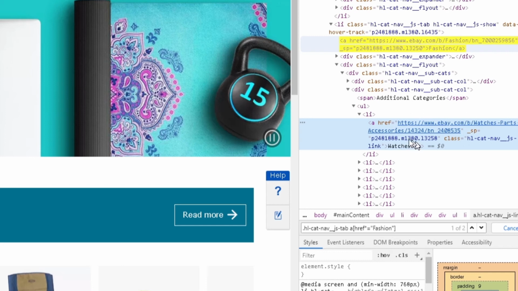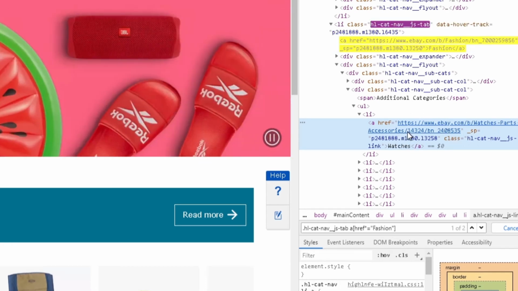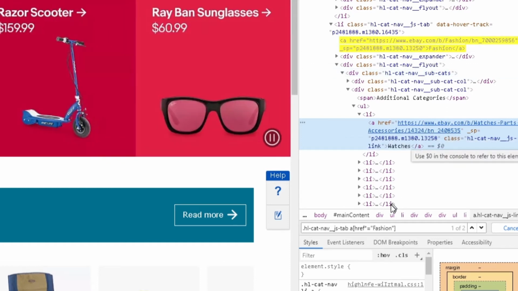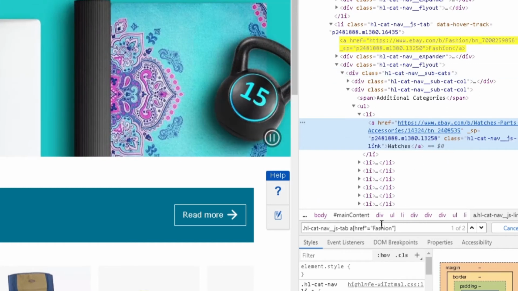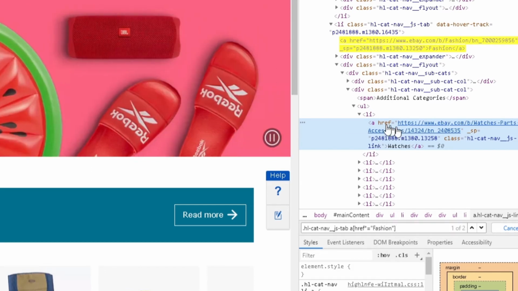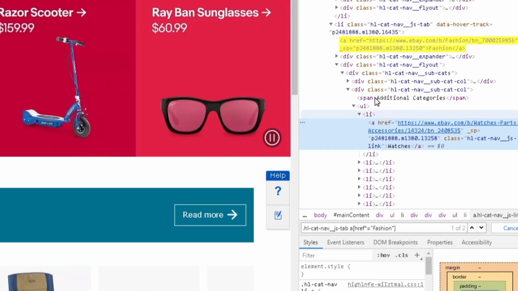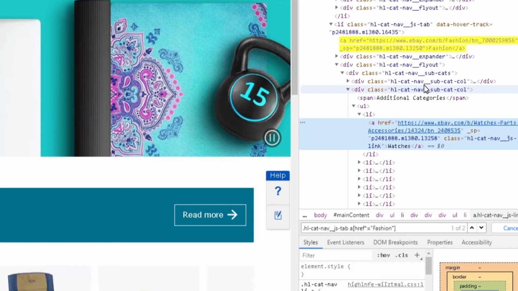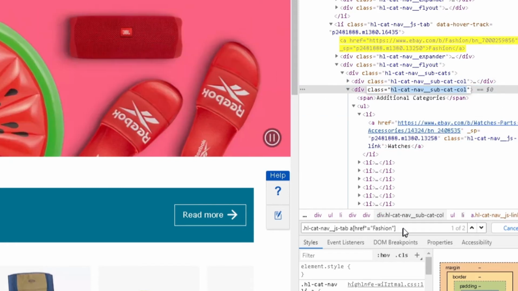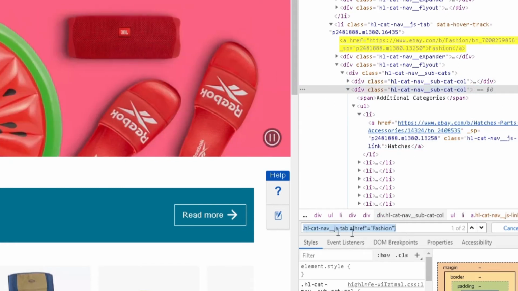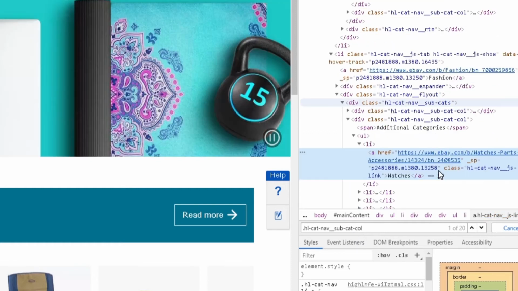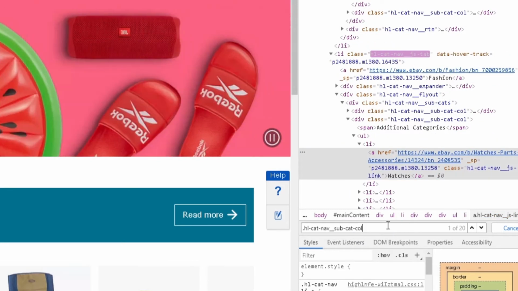Okay, so it's this link over here: watches, parts, and accessories. Just the way we accessed this link, we're going to do a similar thing by accessing our watches, parts, and accessory link. I'm going to do this by accessing the parent link here, which is, let's see, this one. So this is the parent div class. I'm going to copy this, paste it here. So same thing as last time, I'm going to do a href,